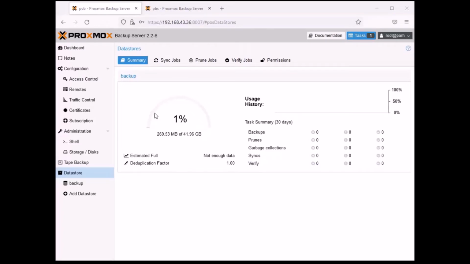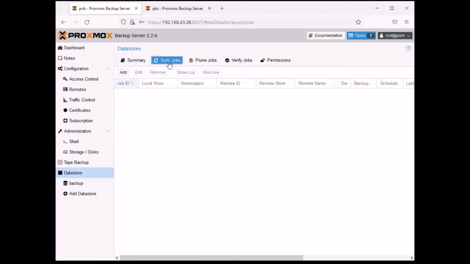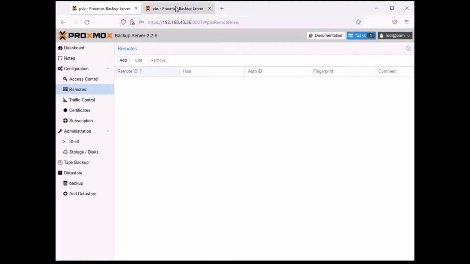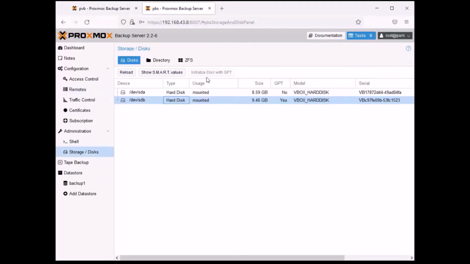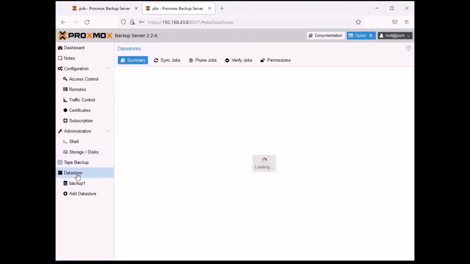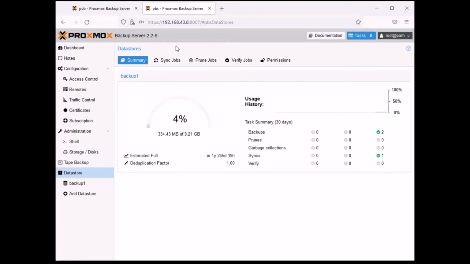Next thing is gonna be Datastore. Okay, so as you can see, we have here the summary first, of course, of the Datastore, 71%, which is quite normal because we don't have any backups yet made in our Datastore. Here we have the sync jobs. Of course, those sync jobs are related to our remotes. So I'm just gonna go to my smaller server, because I was in the big one. Let's go to the smaller server. We'll go to Datastore,